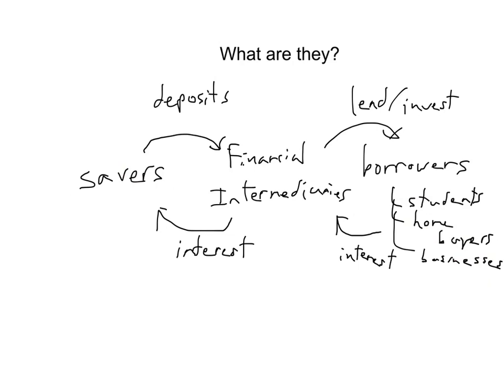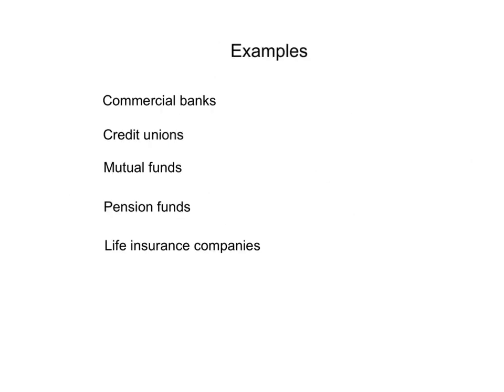invest in various things. But instead, middle-class people, or even lower than middle-class people, can take whatever excess money they have, deposit it in these financial intermediaries, and the financial intermediaries can pool all that money together and lend to all these different people. So these people know where to go to get money. They go here. So what are some examples of these financial intermediaries, these people who come between savers and